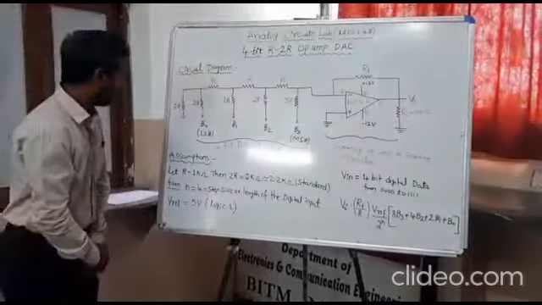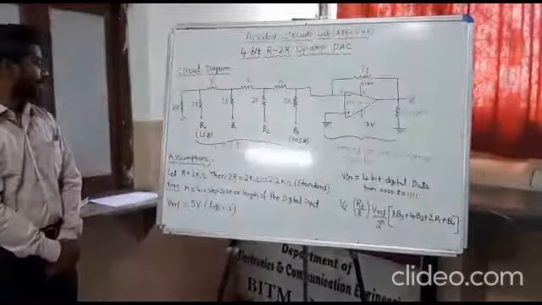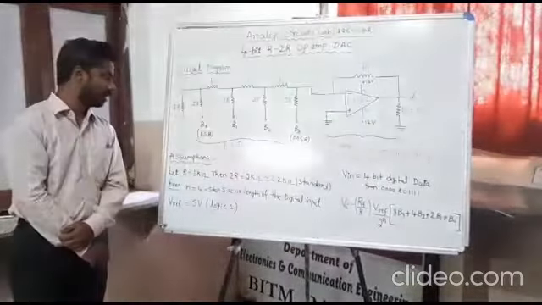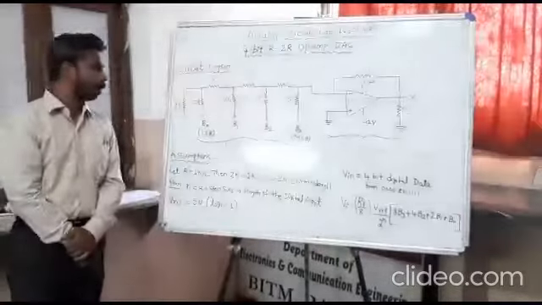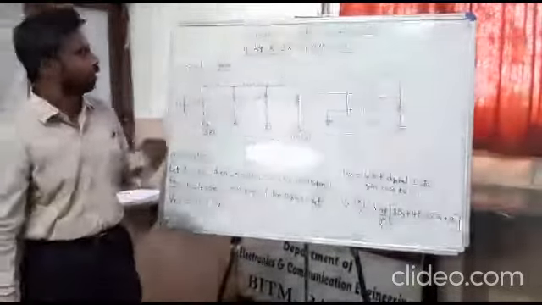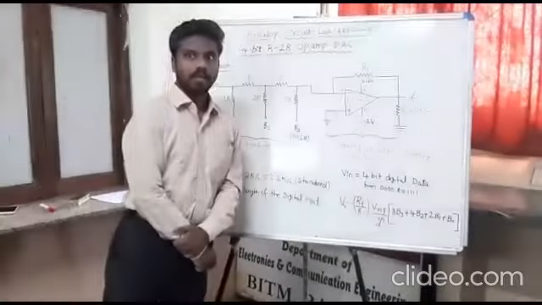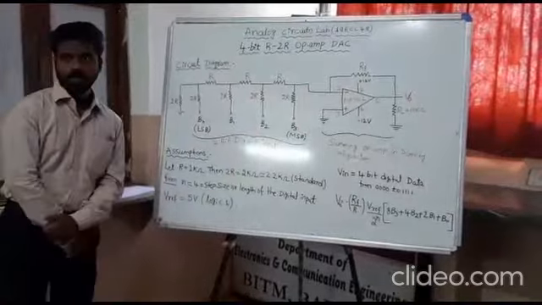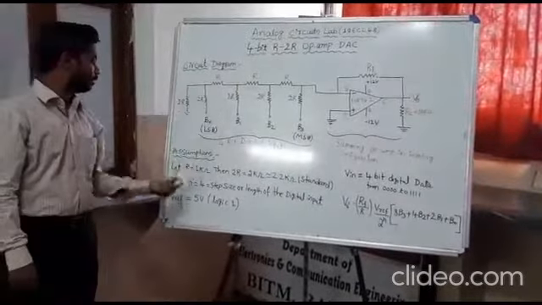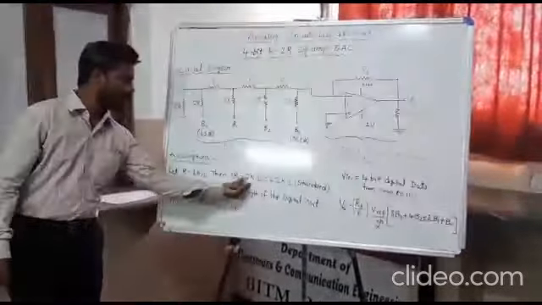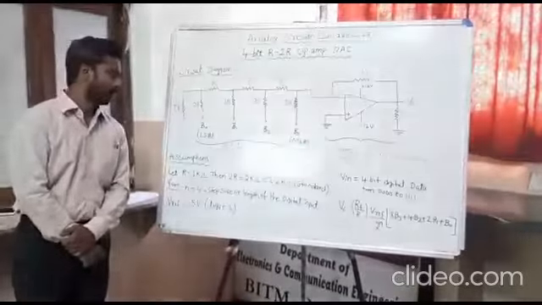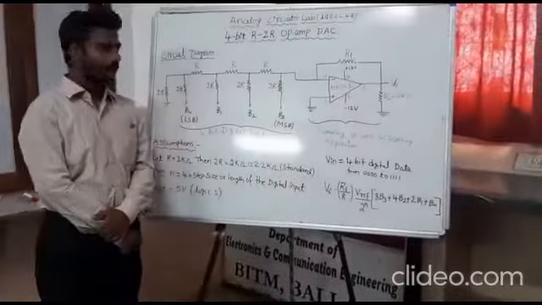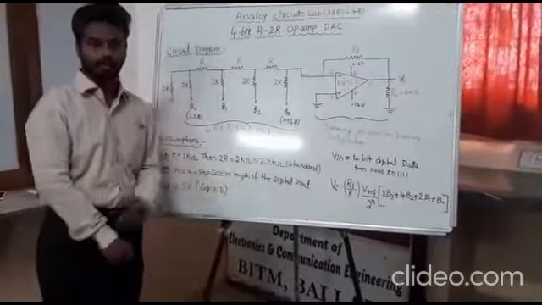So here, I have made some assumptions. The very first assumption is that the length of the digital data considered is 4-bit. So a 4-bit digital input is taken and the corresponding output in the form of analog is expected. Let us consider the value of R as 1 kilo ohm, then the 2R value will be 2 kilo ohm ideally. Practically, considering the availability of resistor values, I have chosen 2.2 kilo ohm as a standard value for 2R.